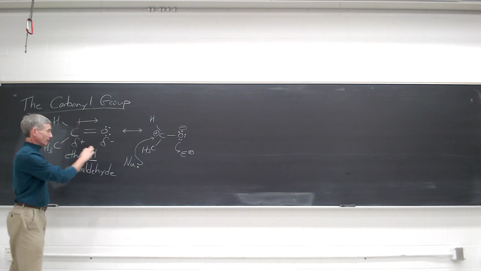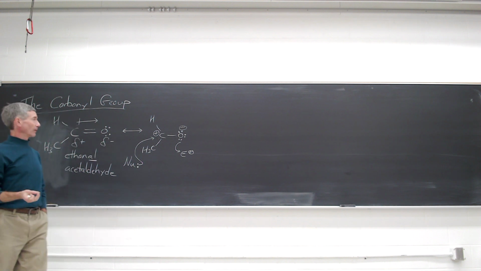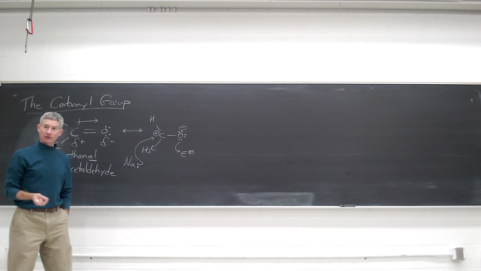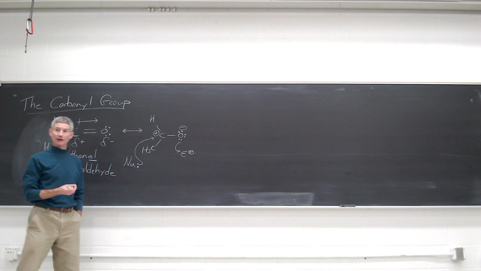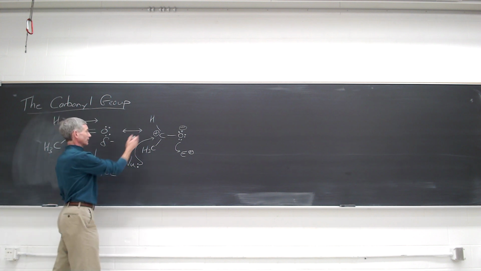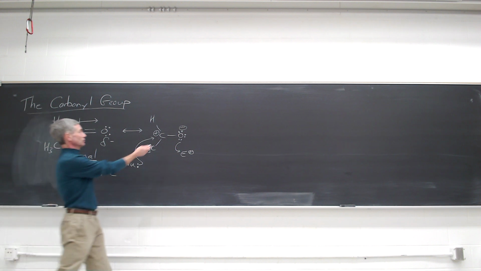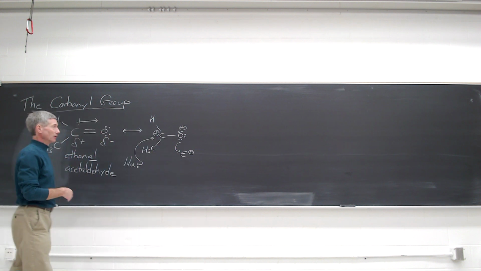And the order in which this happens, whether the electrophile is attacked first by the oxygen to generate a positively charged intermediate, or whether the nucleophile attacks first to generate a negatively charged intermediate, depends on the nature of the